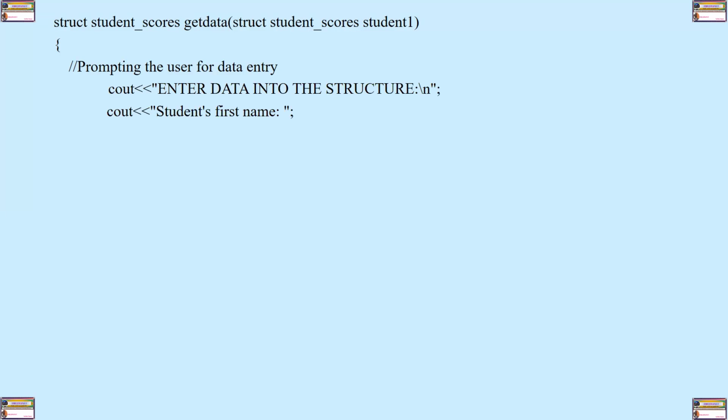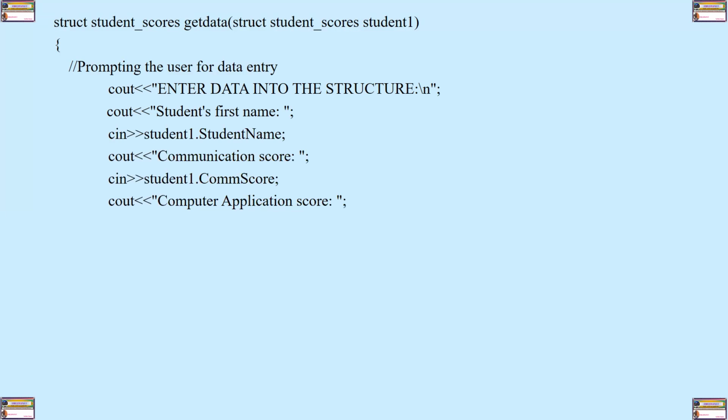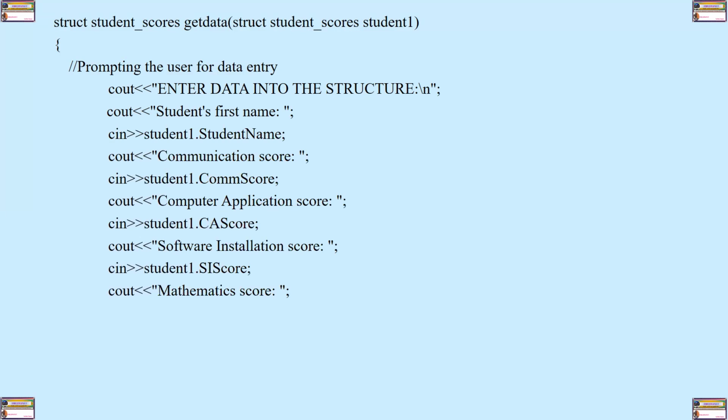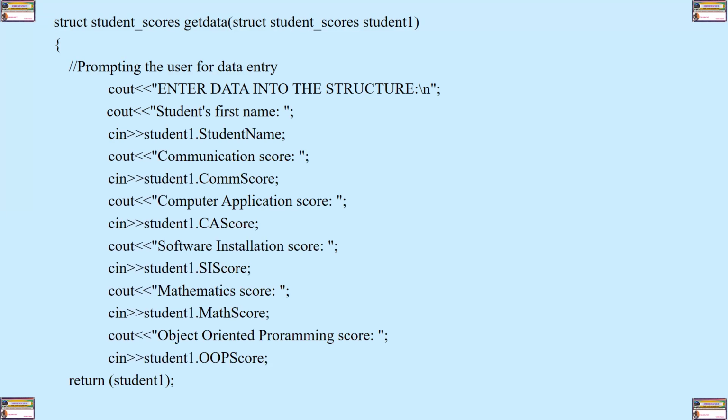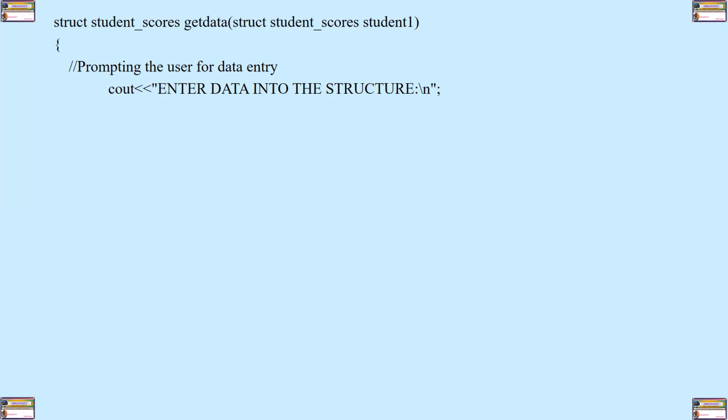This part of the function is just the same as what we have done in this presentation. There's nothing unique. Now we are treating this as a function of its own, a function for accepting input from the user. And therefore, it is returning the variable. That means it's returning all the members to the calling statement. So once return student1 is invoked,